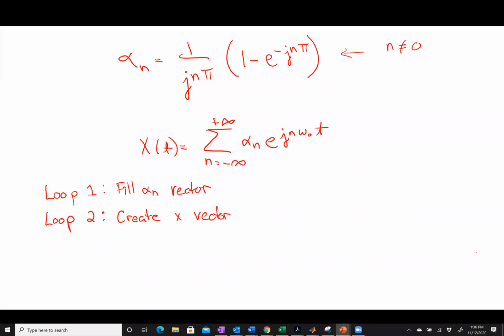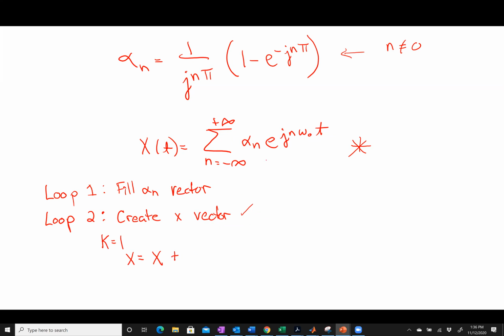So the question then would be, how do I create the x vector? I want to look at what this x of t really looks like. So I implement this x of t right here. I have to implement mathematically that function. So I'm going to create a for loop to do that. I just want to make sure everybody gets an idea of what's going on. I'm going to do my for loop, let's say for k equal to 1. For k equal to 1, I'm going to say that x is equal to whatever it was before